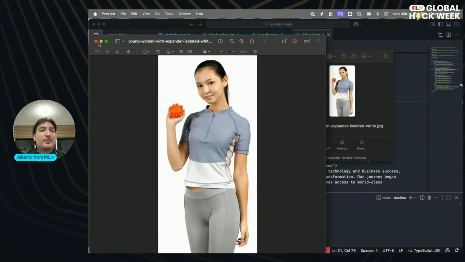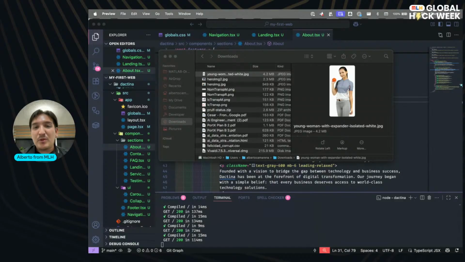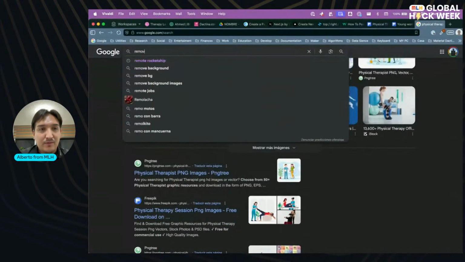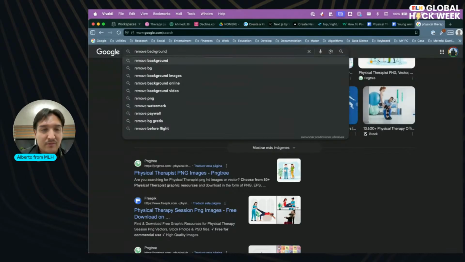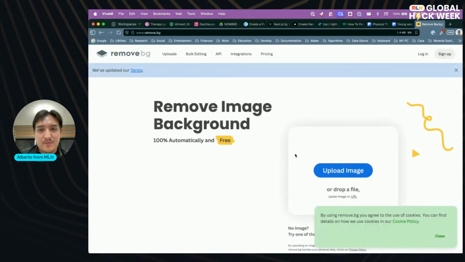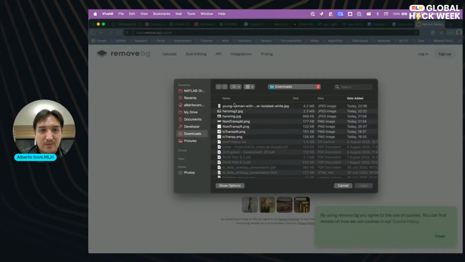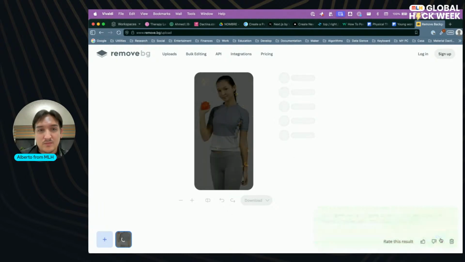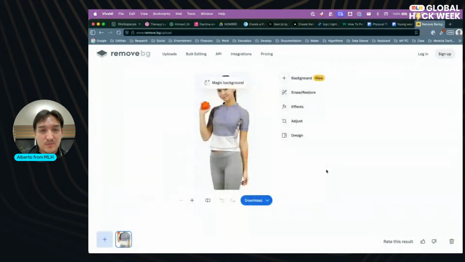Now there is no background remover here, so maybe we'll try this. Ah, that's nice.